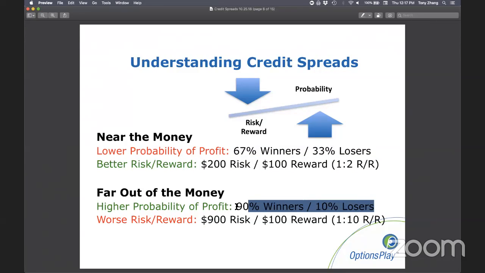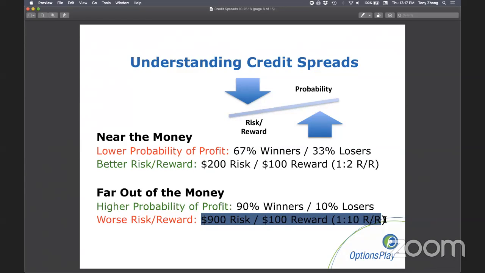This is when they're buying or selling maybe a 15 delta call and buying back a 5 or 10 delta call against it. You're going to see much higher probability of profit numbers. So this is where we see a lot of people chasing those 90, 95% winners. But on the back of that, it's really important to understand that you are then going to be risking sometimes